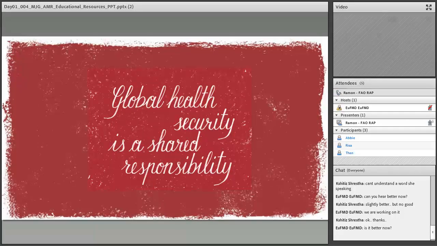And again, global health security is a shared responsibility. I think as early as now, it's something that should be planted in your head. And as a future veterinarian, this is something that you'll be part of. You'll be part of protecting global health in the future. So with that, hopefully someday you will be part of us, talking to students, and it's a nice 180-degree turn, coming back and sharing the experiences that have been done. Maybe in your practice, whichever path you may choose to go, hopefully AMR will be less of a problem by the time your generation stands.